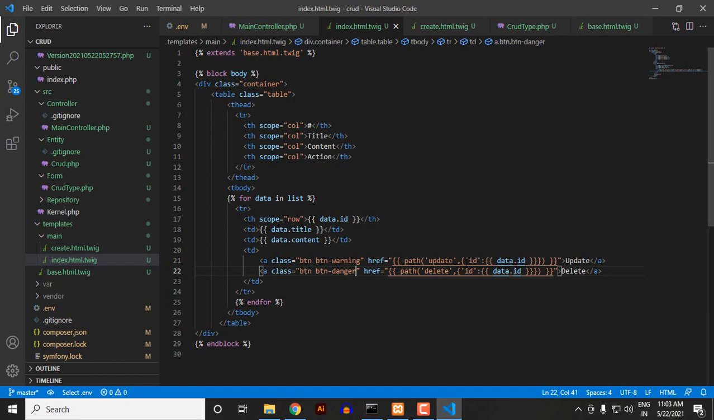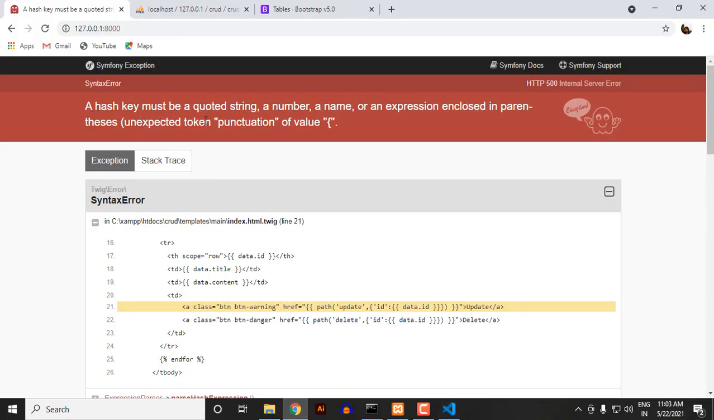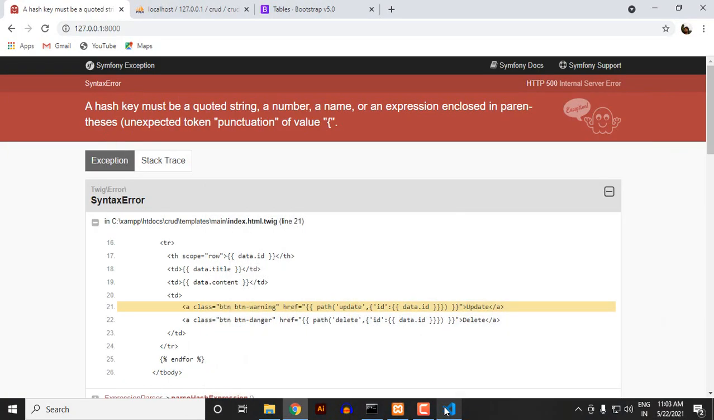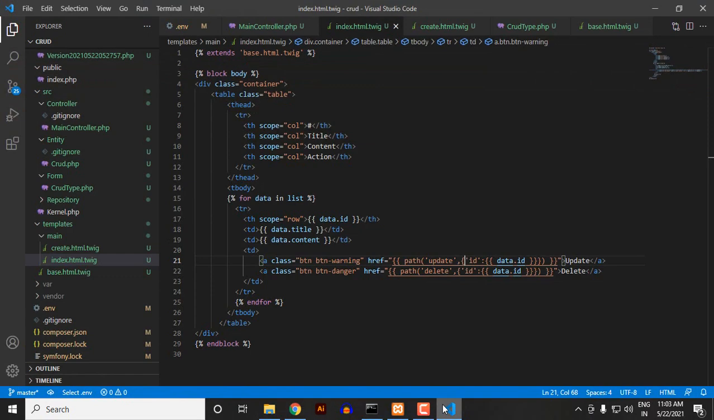Because I think I made a mistake over here. A hash key must be quoted string, must be quoted. Hash key must be quoted, a number, name, and expression, includes parent punctuation. ID equals to